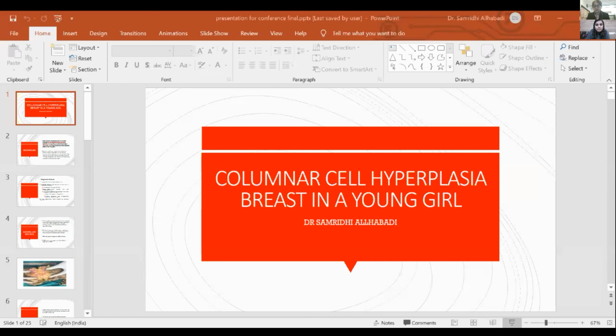It was finalized. This was the picture on 40x view. This picture showed ducts lined by multi-layered tall columnar cells. This was an oil immersion view. We can see 2 to 3 layers. We were able to see proper stratification of the columnar cells, 2 to 3 layers of columnar cells in the epithelium, and they were associated with apical snouts and intraluminal secretions.